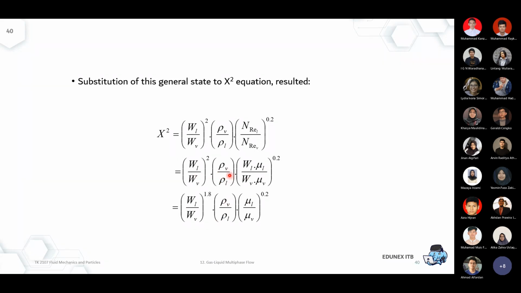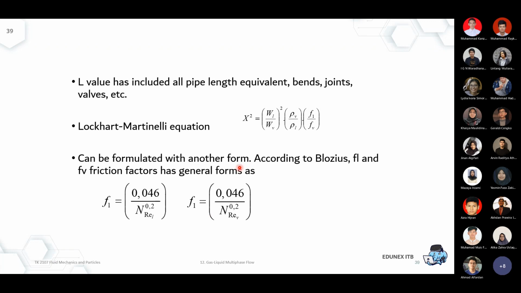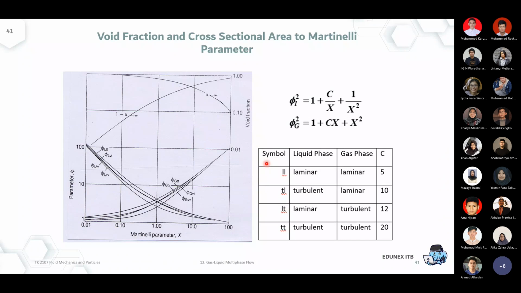But again, it's just an option. You can use the top one, the middle one, or the bottom one, or even the initial starting point of the x square correlation. It should give you more or less the same results. Once you know the x square, this is the last part of the calculation.